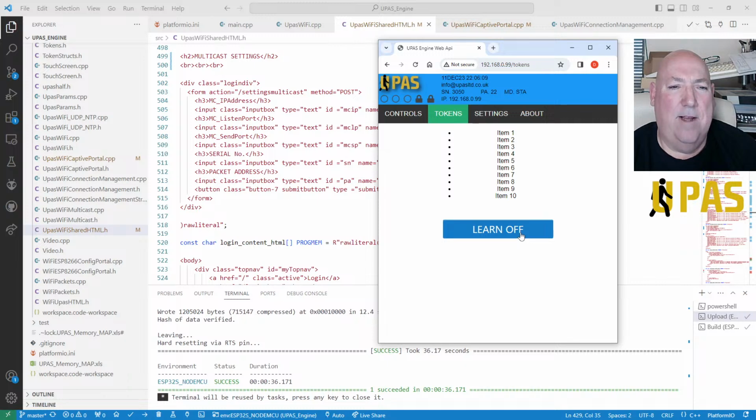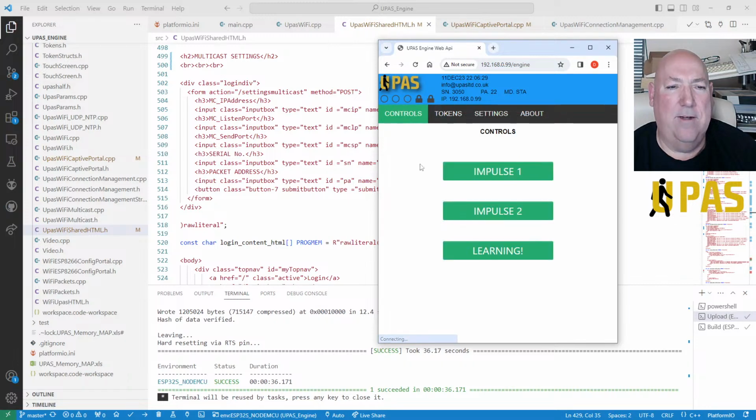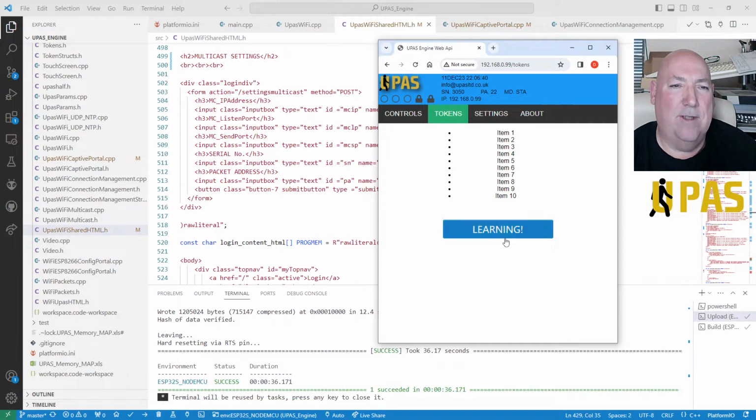Now, what will happen if I click that? Will it change this one, or will it refer me back to controls? I don't know. Let's try it. Ah, it's working. It's just gone ahead and worked, so I don't know why. Now if I go to controls, is that going to be learning as well? Yeah, it's changed that one as well, because I'm using the same processor. On tokens I'm using the same engine processor. But it'll have to have its own processor, because it's going to have to bring up the list of tokens and inject it into this unordered list.